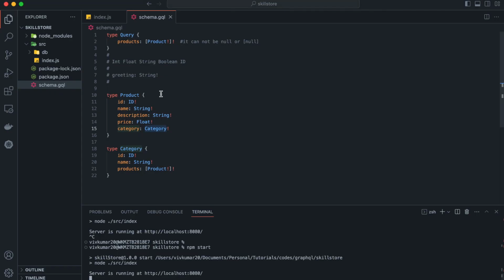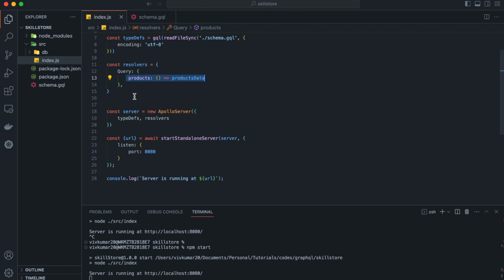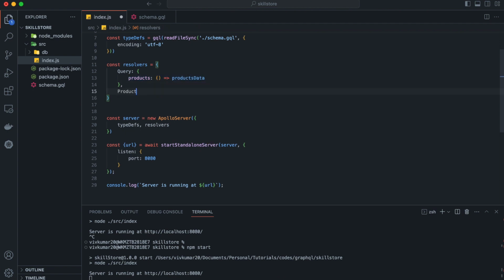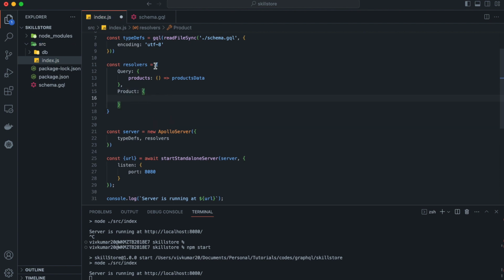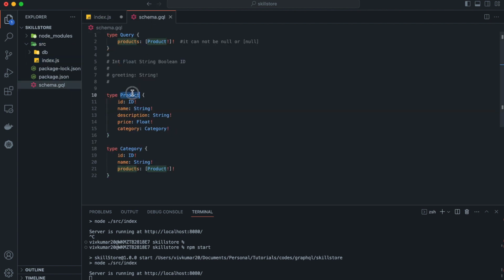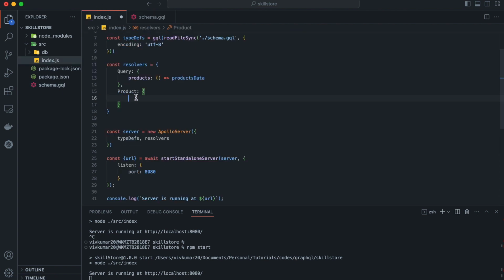Now for the category, similar to the products resolver, we will be defining the category resolver for products. How are we going to do that? We'll just copy this type from here, product, and write it here, just like we write query. We'll create an object of it, and under product we want to resolve category. So we'll copy this category field and paste it here. As usual, we will be creating one method, and whatever it returns,